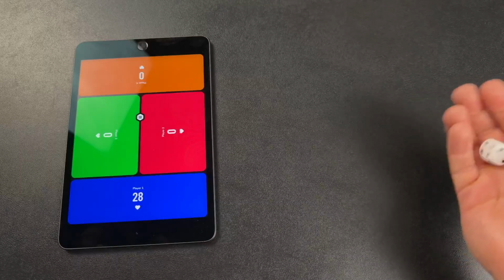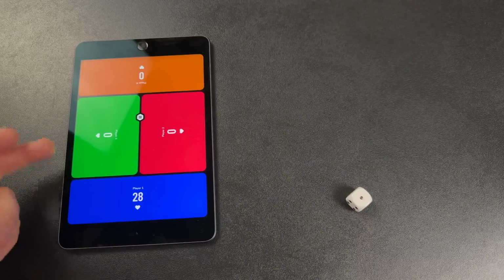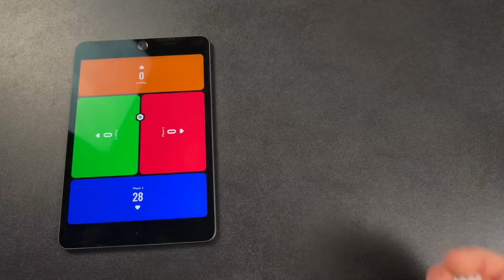Let's go ahead and have player 2 take a turn. They rolled a 1. Their turn ends immediately, and they score 0 points for the round. We'll go on to player 3,